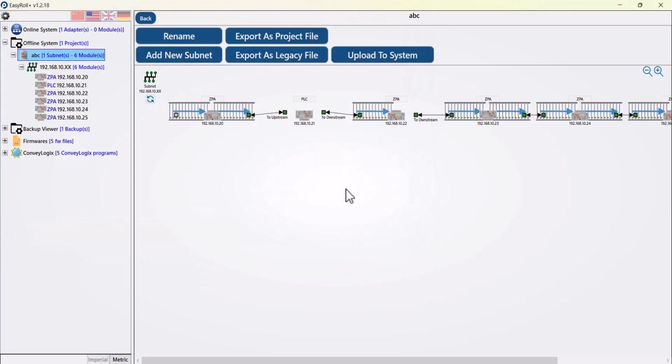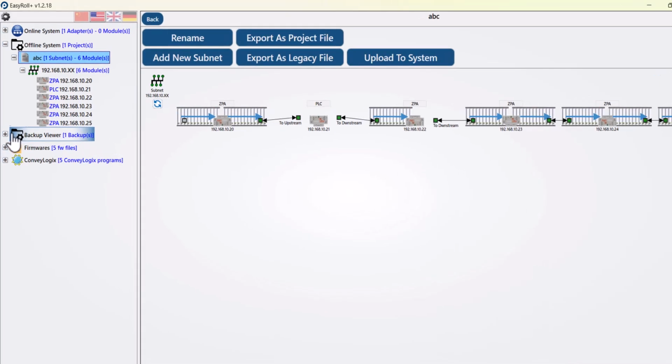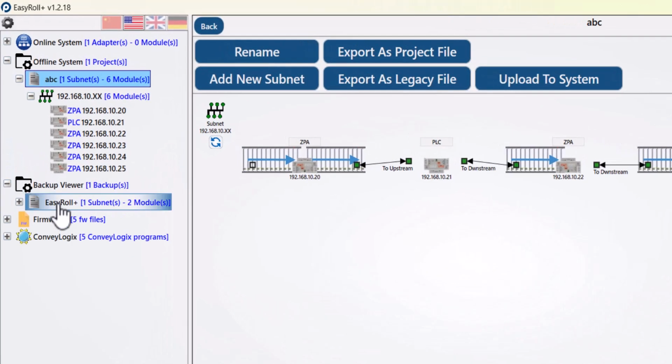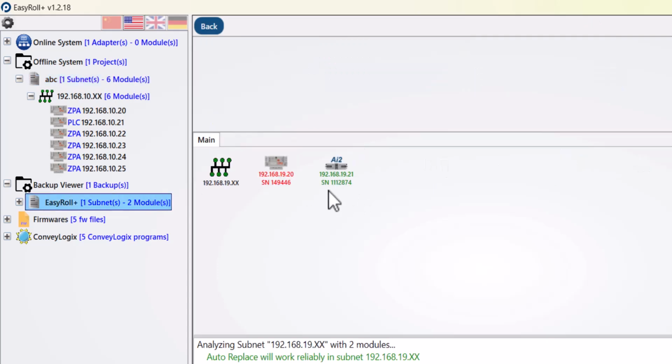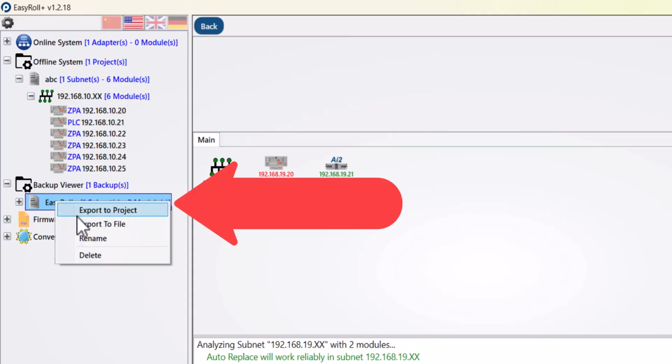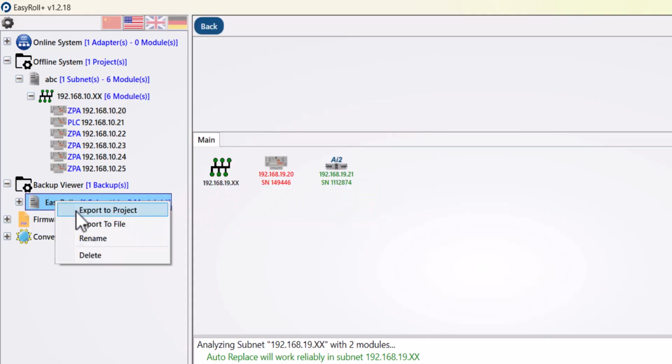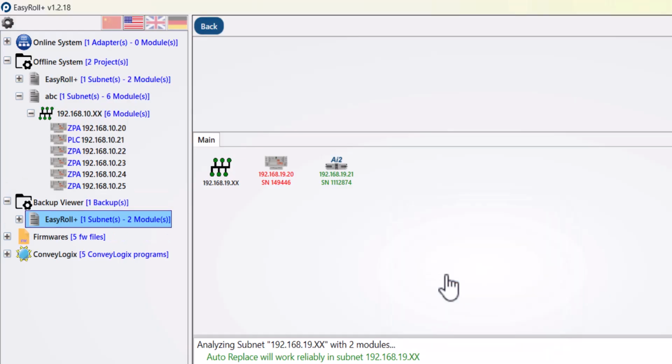So now let's say you're an end user, you have a backup of your system, and you'd like to make a change that normally requires auto configuration. We have our backup in backup viewer. This here is my backup from my desk, and I'm going to export to project. So we'll export. Now we can see that it's here in offline systems. So when we open that,